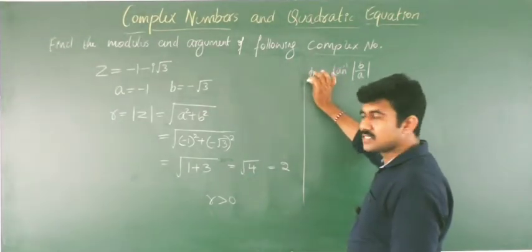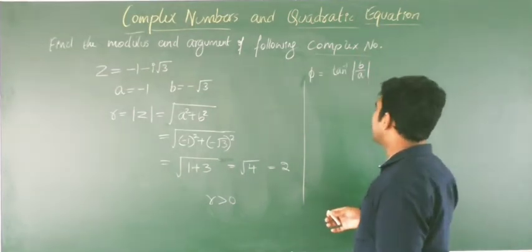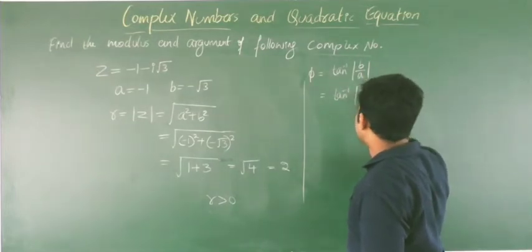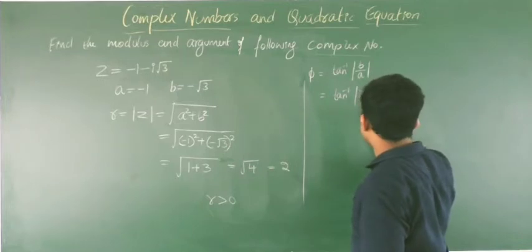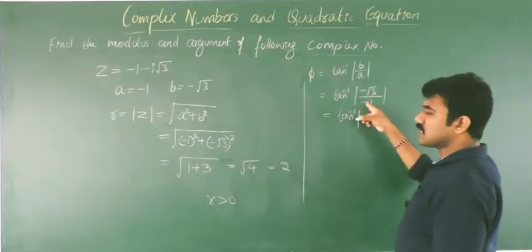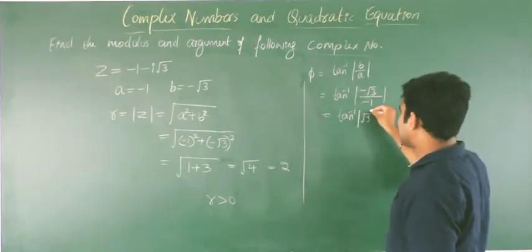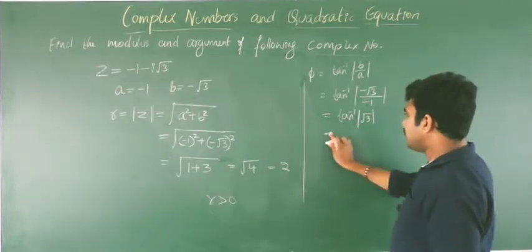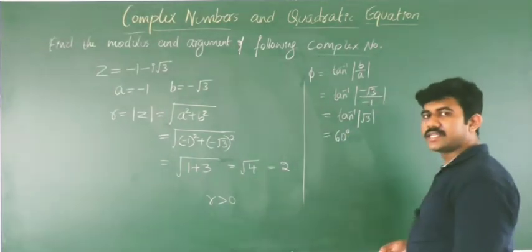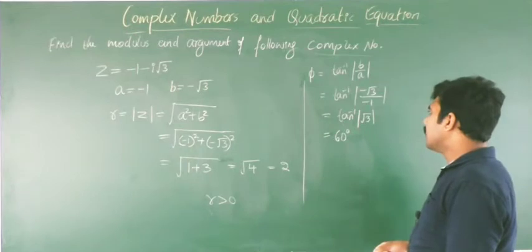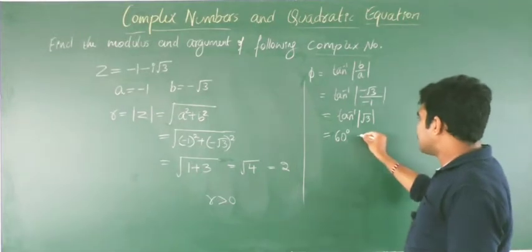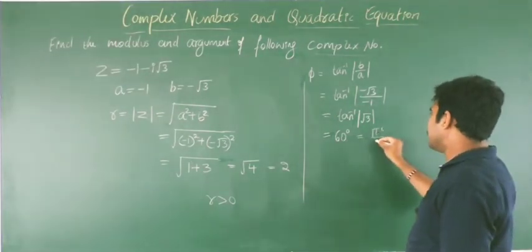It is not an argument, that is just an angle. Now from this, what we will get: tan inverse of b by a is nothing but minus root 3 divided by a, which is minus 1. This is tan inverse of minus minus gets cancelled, root 3 we will get. So tan inverse of root 3 means when tan takes the value root 3, that is for 60 degree. So if you take theta equal to 60 degree, then we know tan 60 degree is equal to root 3. This can be written in radian form as pi by 3.